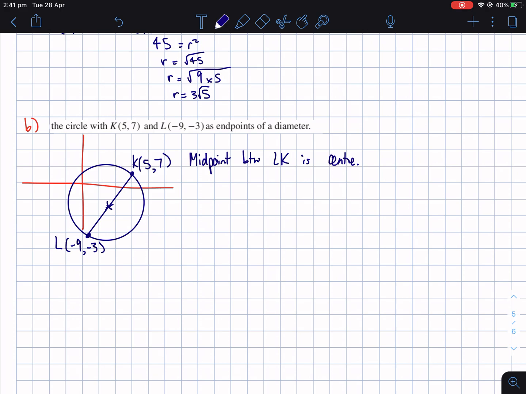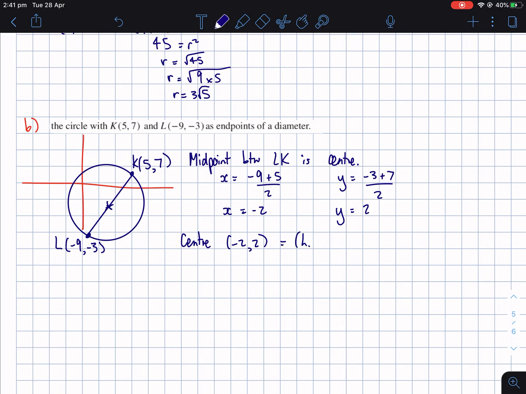So let's find this midpoint. X equals negative 9 plus 5 over 2. Y equals negative 3 plus 7 over 2. So x is negative 4 over 2, so it's negative 2. Y is positive 4 over 2, so it's positive 2. So the center is negative 2, 2,